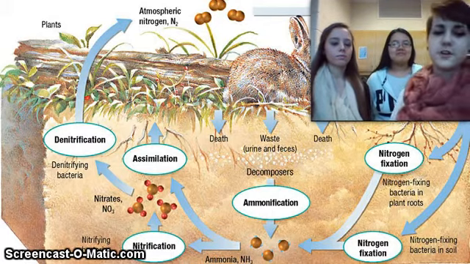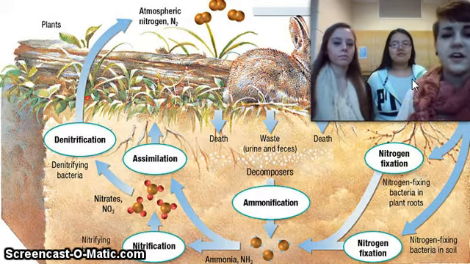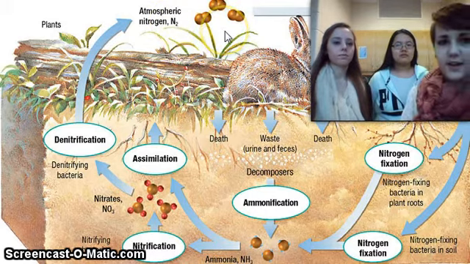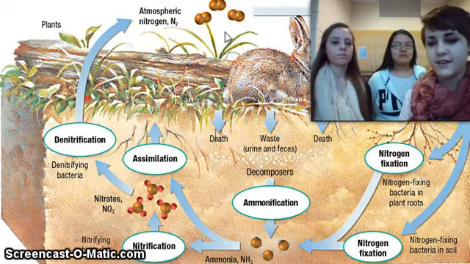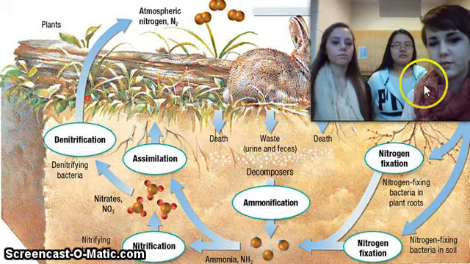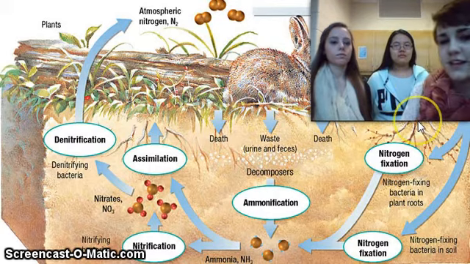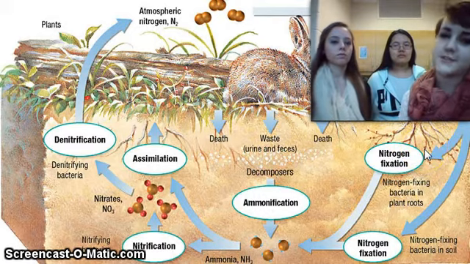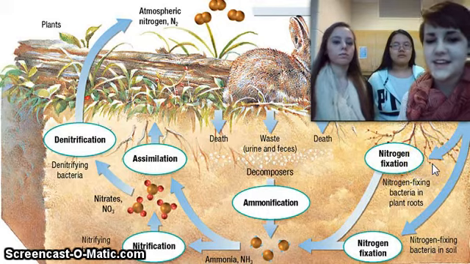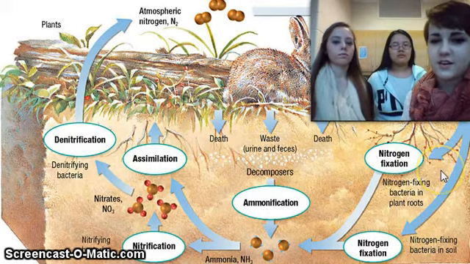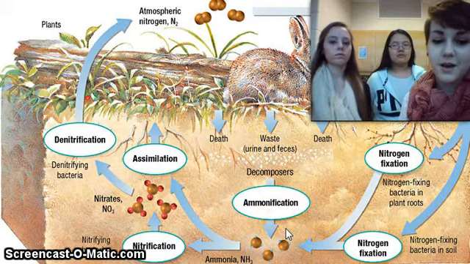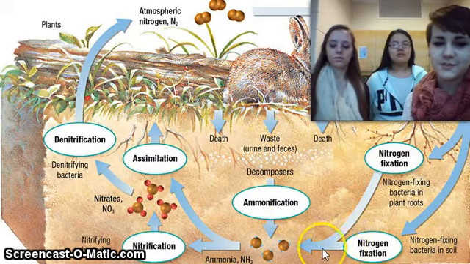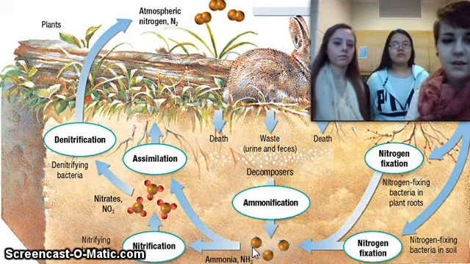Okay, so now we're going to talk about the actual cycle. So basically there's nitrogen gas already in the atmosphere, and things like rain will bring the gas down into the soil, and plants will use nitrogen, but they can't use it as a gas. So you can see these little bubble things on the roots, and those are little nodules, I think, and they've got bacteria that will change it to ammonia. And there's also the same bacteria in the soil, so both of those things will start making ammonia.